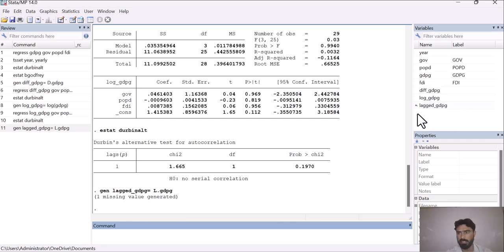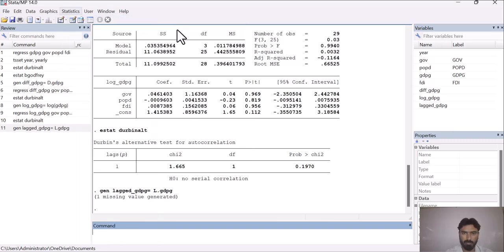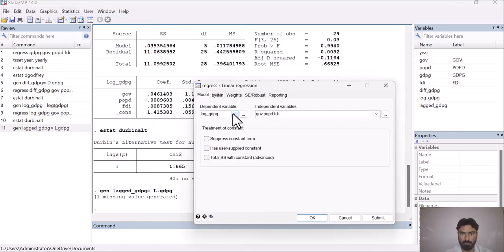Now it has created the lag of the dependent variable. Now we have to run the linear model again, and you have to select lagGDPG as your dependent variable, then click OK.